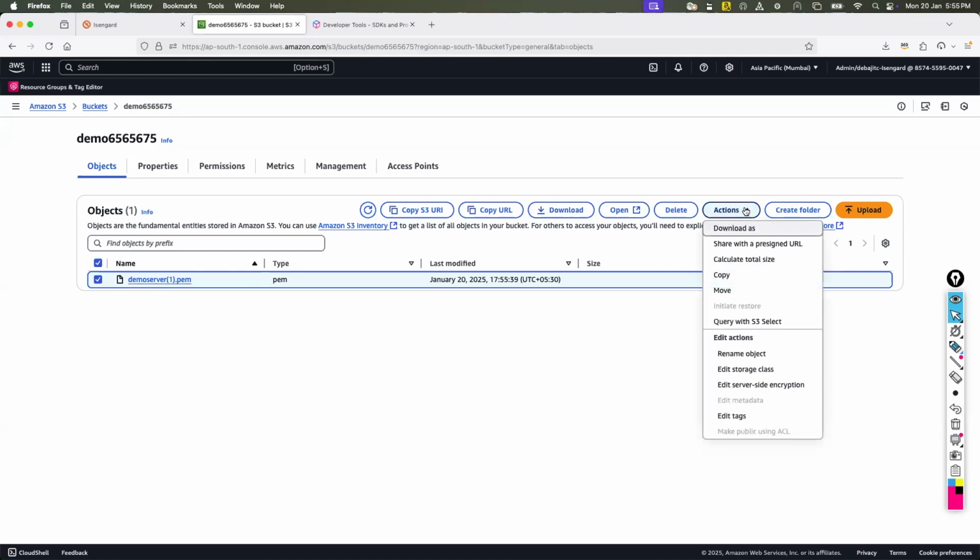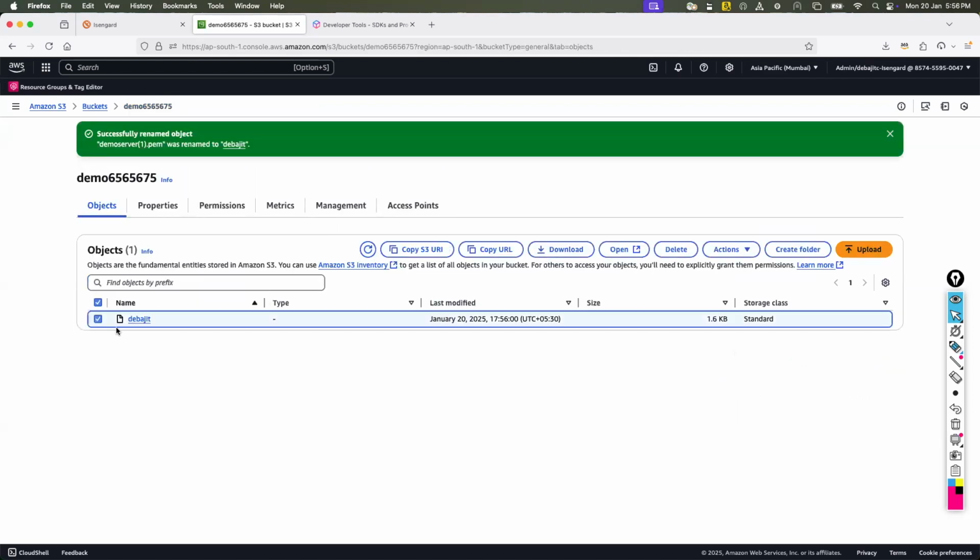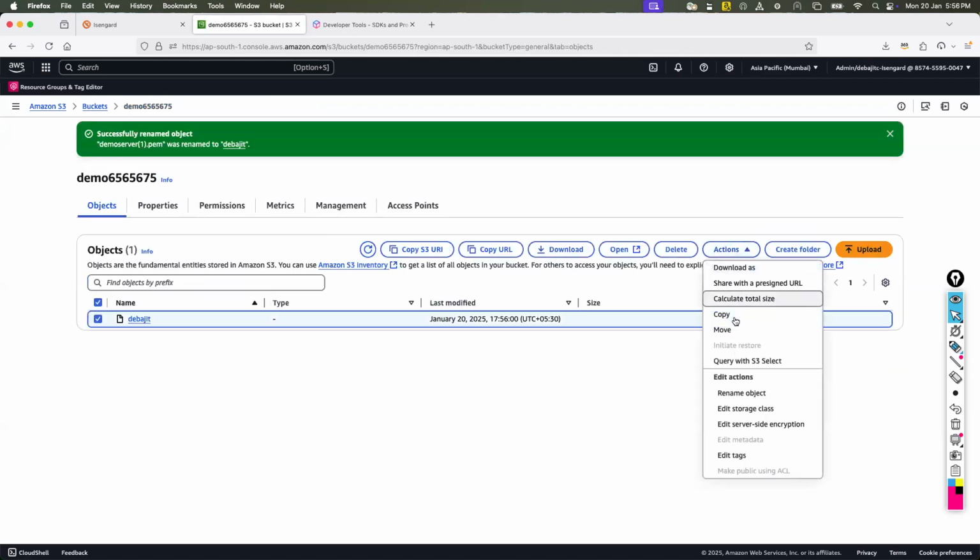Let's say if you go to actions, you can rename this object to a different name. Or in actions, you can move it to another S3 bucket, right? You can download it, and you can also see the size and all that stuff, right?